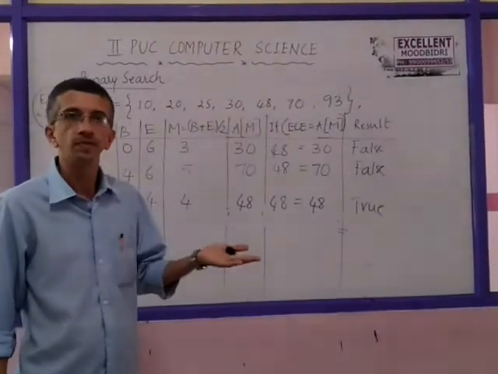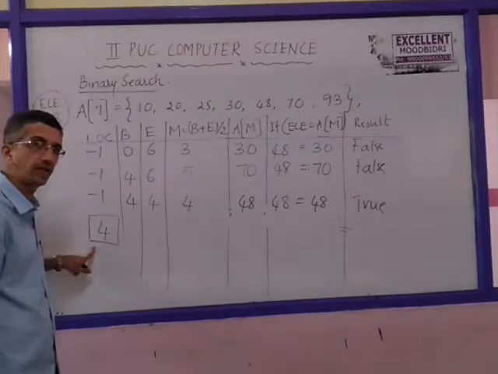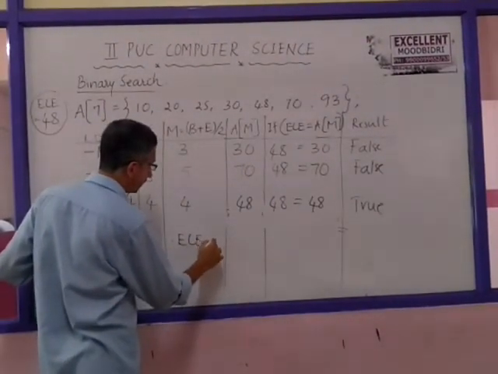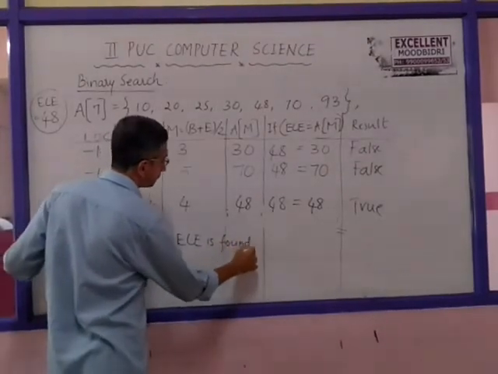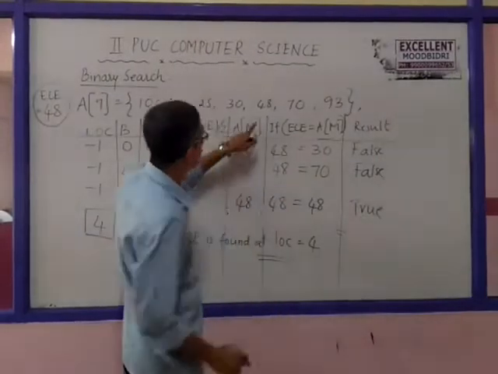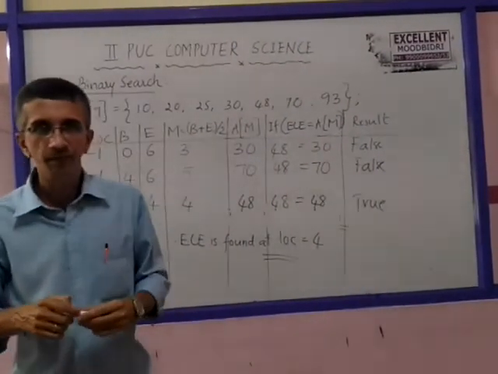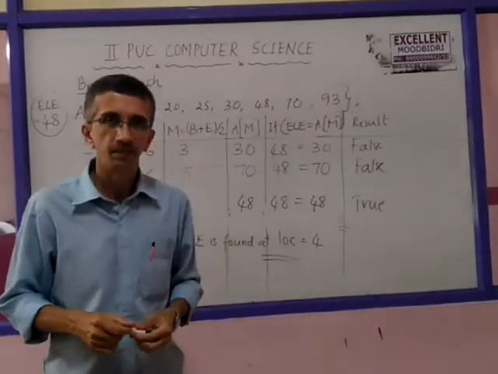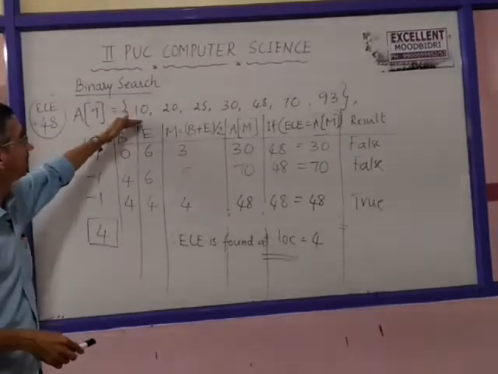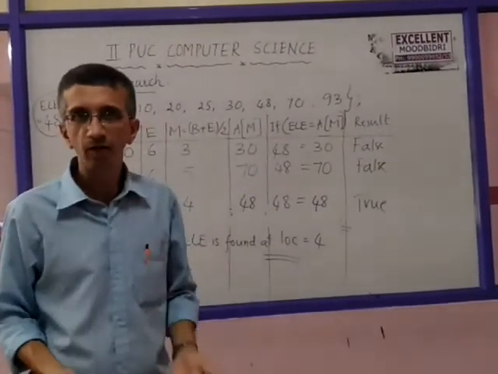And go to the last step. So we are out of the loop. So here it terminates. Therefore, search element is found at location equal to 4. Location 4, 48. Right? So when the item is found, that is how you can trace this. Any number of items you can take in the sample array, but the array items should be in order, either ascending order or descending order.